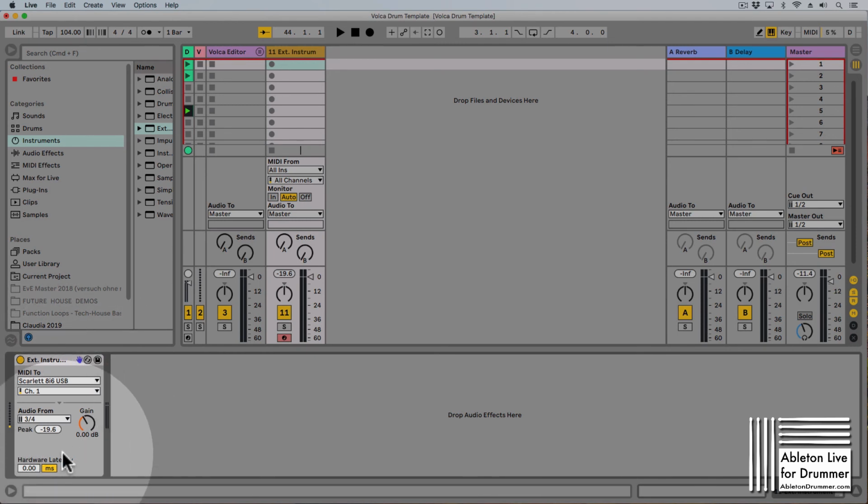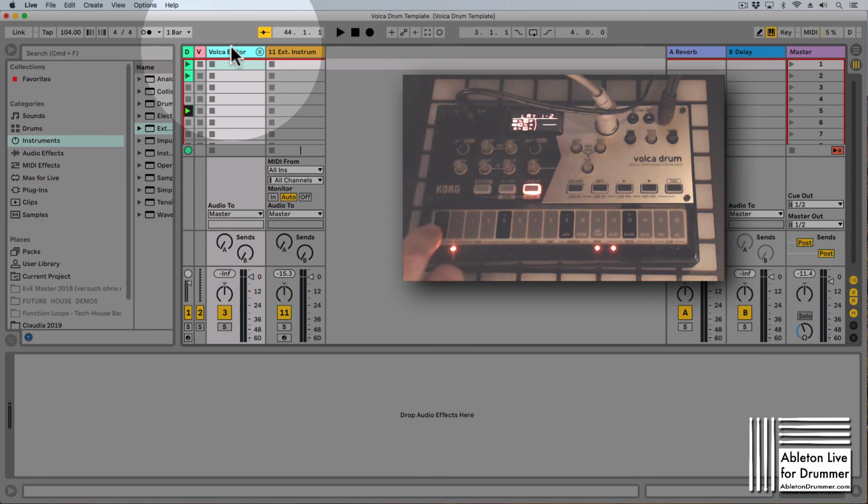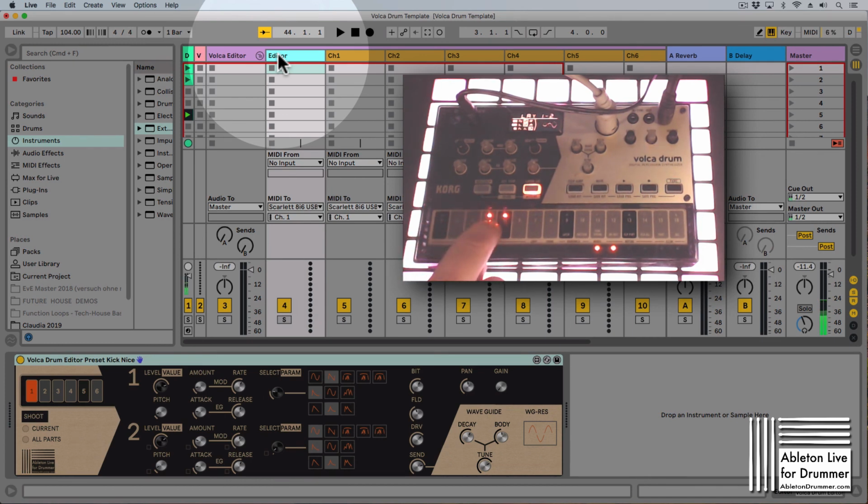We're going to have a look at this later on, how this works in detail, because this is a whole different subject in itself. Okay, so now I can play my MIDI clip here again, or I can just play the Korg Volca Drum. And I'm getting some stuff from my Push as well, but now I'm playing those, and I can edit this in here. So for example, just put the send down on the kick, put the gain up,